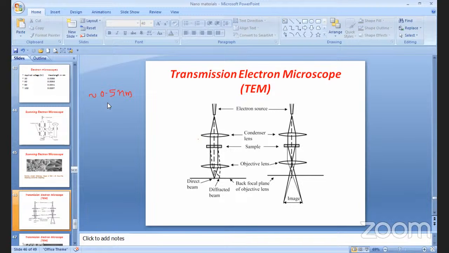Okay, so as the name itself suggests, electrons are transmitted through the specimen in the microscope. So electrons of